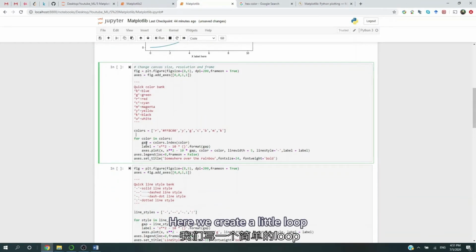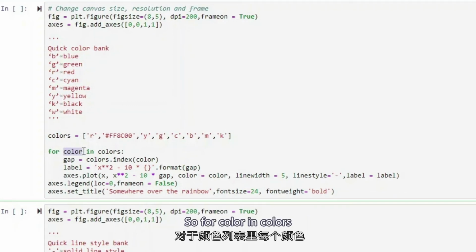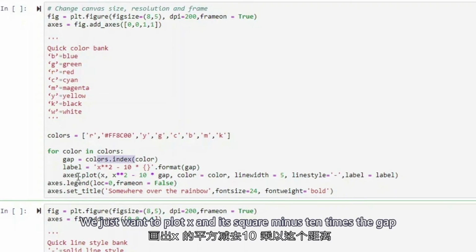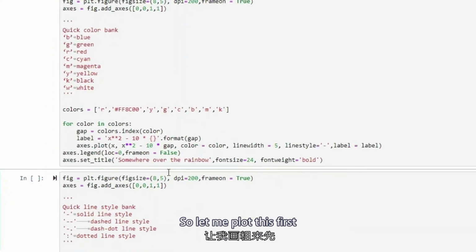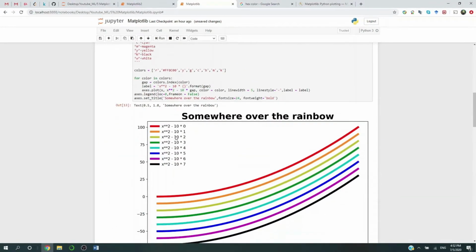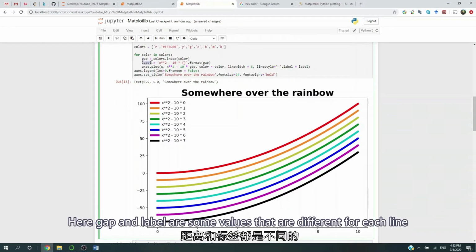Here we create a little loop. We're going to loop through all the colors. So for color in colors, we're going to create a gap equal to the index number of the color. And then we're just going to plot x and its square minus 10 times the gap. So let me plot this first. So there we go. So here gap and label are some values that are going to be different for each line,